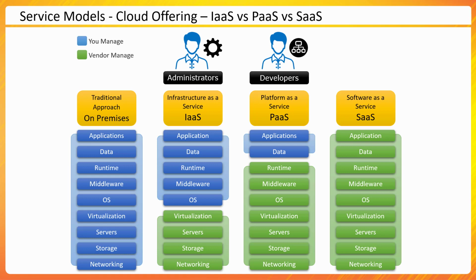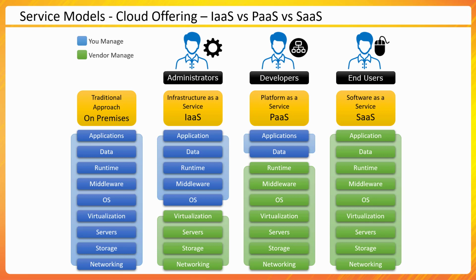Like I am utilizing a service from Salesforce. Salesforce gives me CRM, a customer relationship management software, and I can just log into their platform, pay some money, whatever the plan I want to buy, and I can start utilizing that. If I'm using an email service from a service provider, they maintain all the software and I just consume that software. That is my software as a service. So if I'm an end user, then this software as a service would be more appealing to me and I would get more benefit because of it. So it is the way of delivering the service.